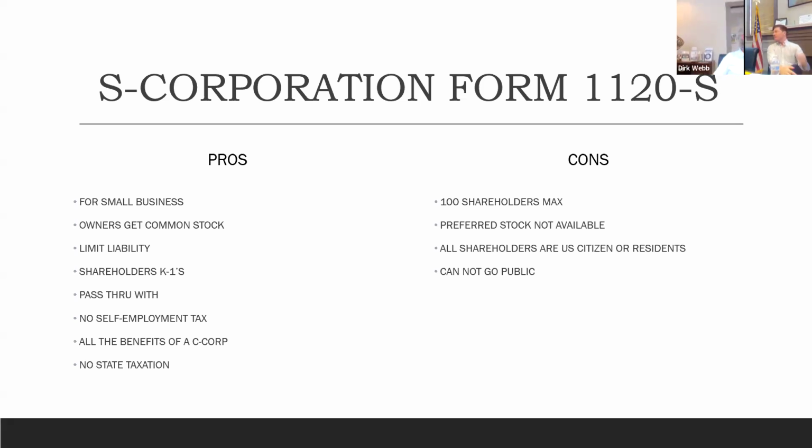On Sunbiz, will it tell you if you have an S-Corp or if you have an LLC? No, so Sunbiz doesn't make those determinations. The person actually paying the fee and putting the information in tells Sunbiz what they are. And normally you set yourself up on Sunbiz as a for-profit domestic company or a non-profit domestic company, or articles of, I forgot what the other one's called, but to be an LLC.